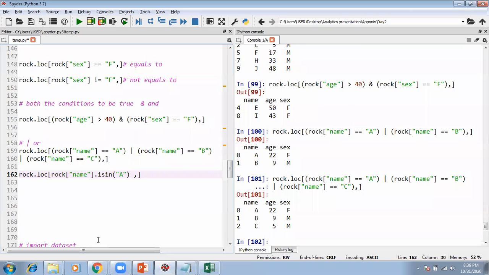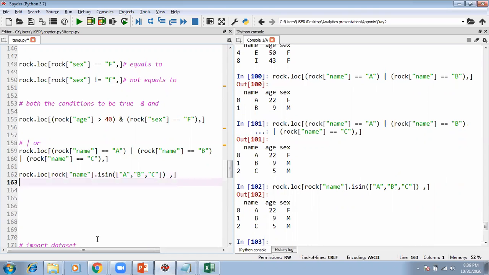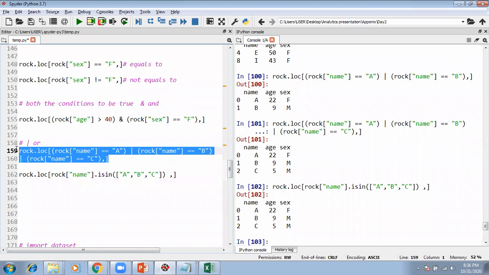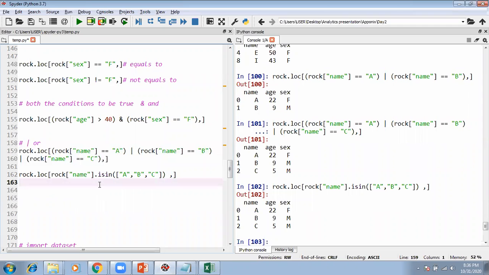That means if rock name equals to A, but I have more values, not only A. And I said whenever you have more values, you should be writing them in third bracket. So A, comma B, comma C. That means if the name equals to A or B or C. So I have all the ABC. So the function name is isin. This could have been achieved with OR function, no problem, but this is a shortcut way of writing it.